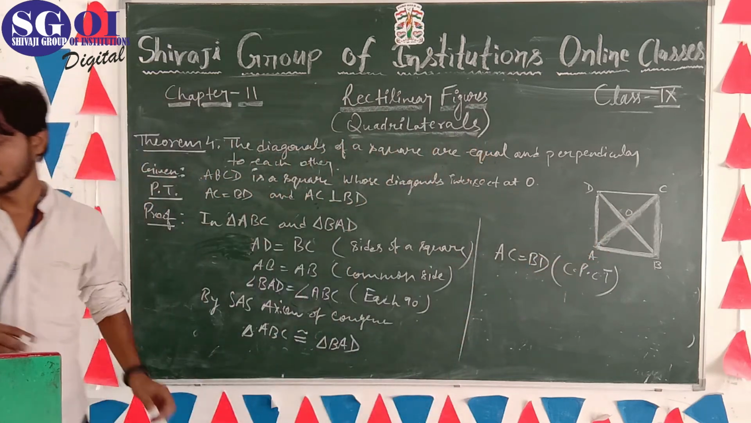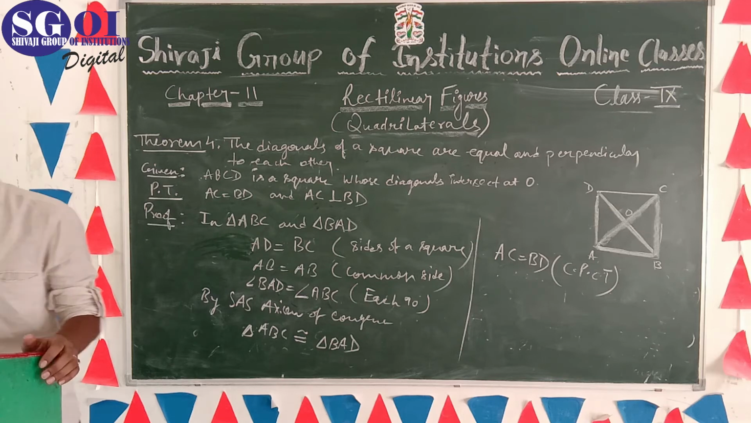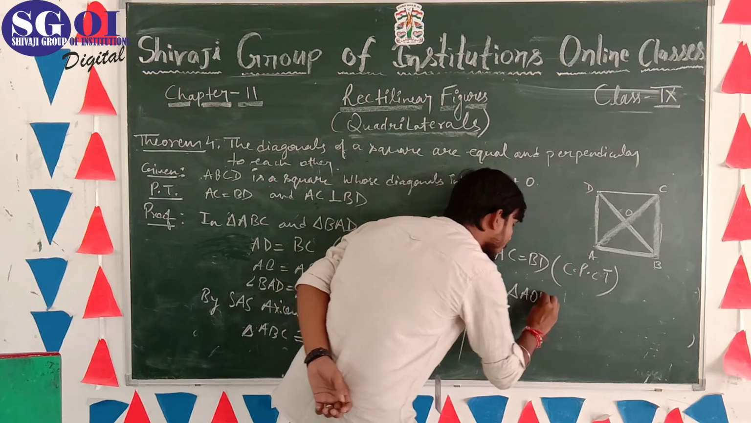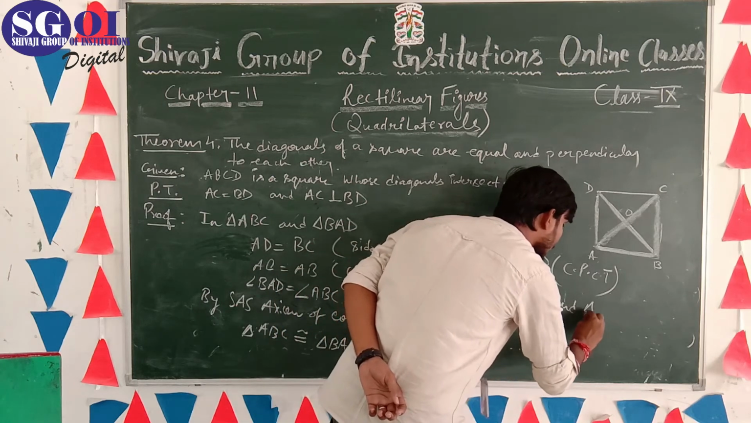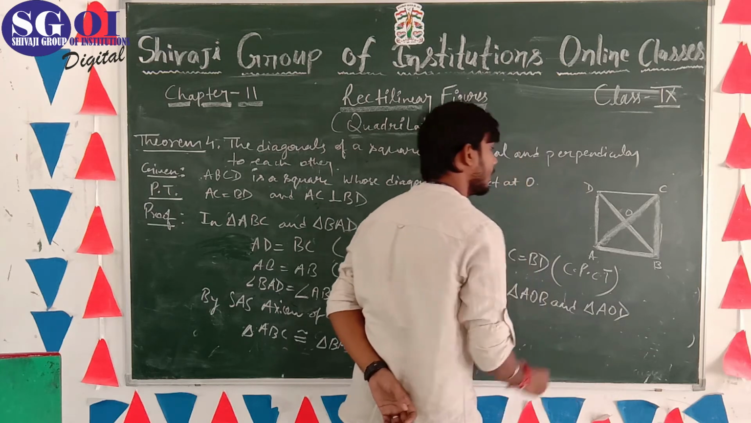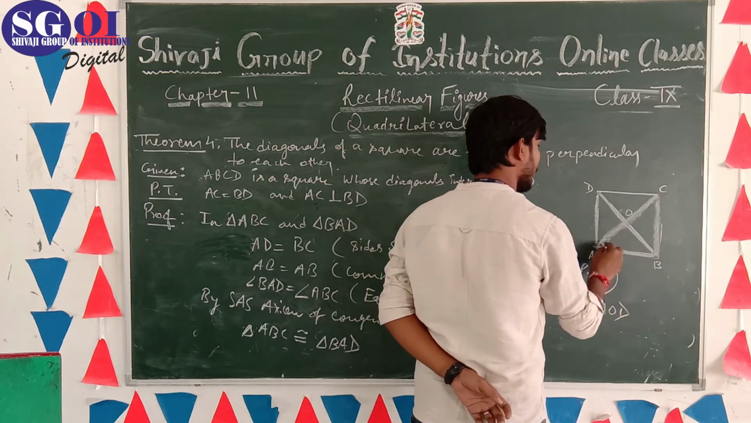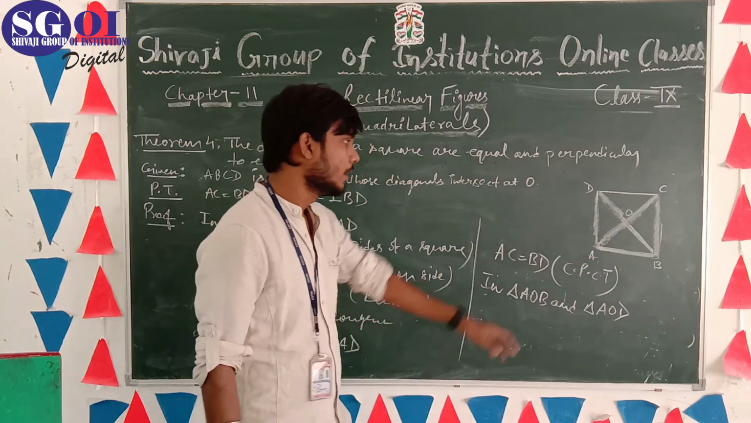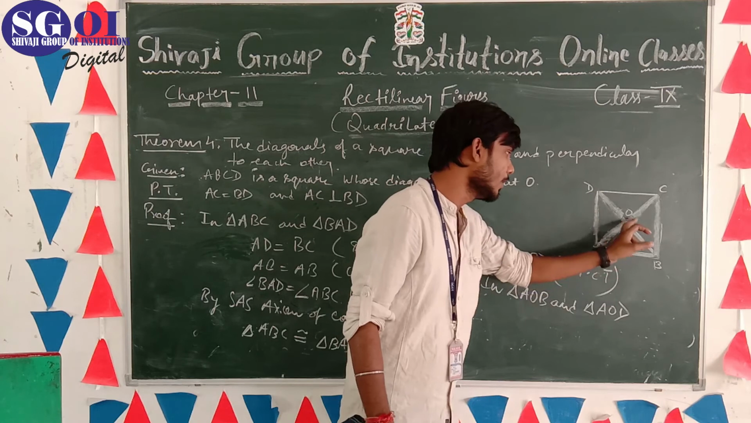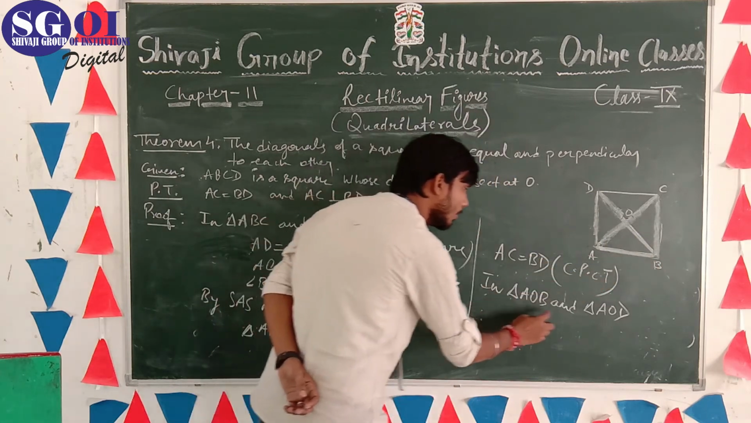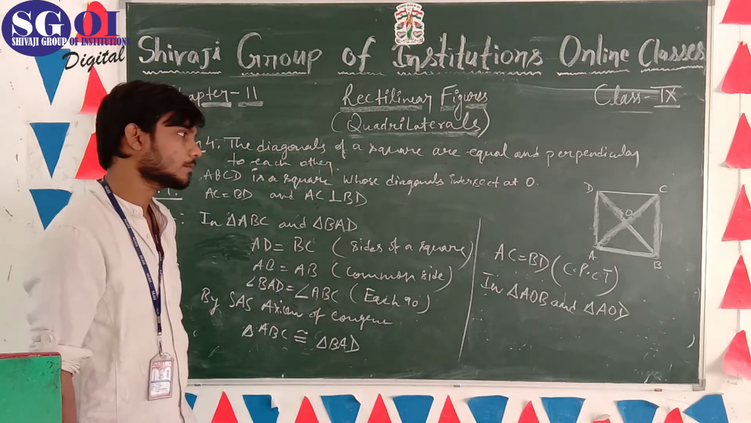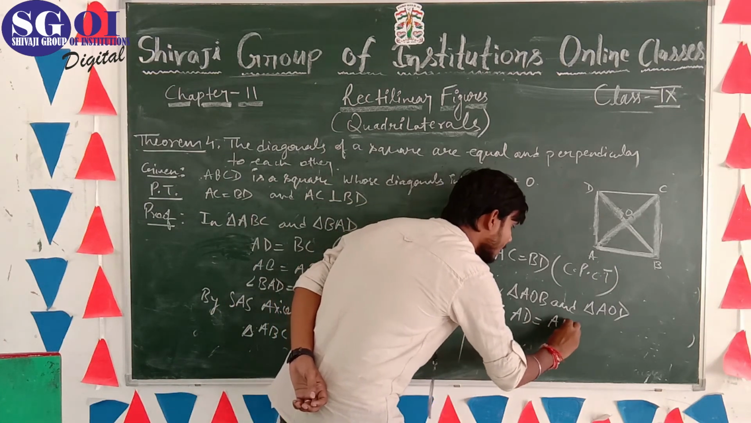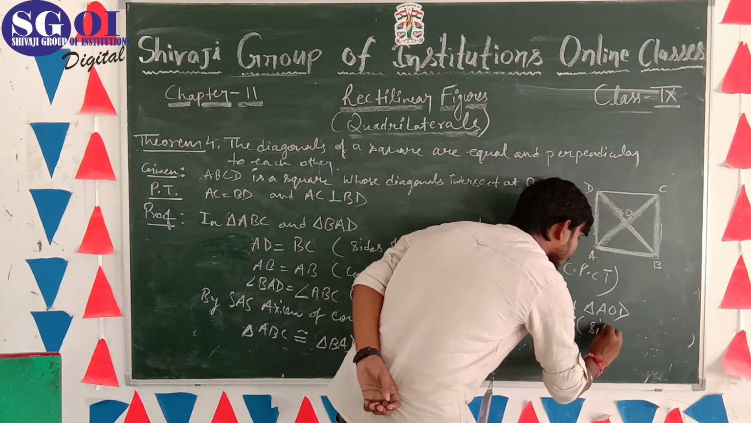So now we take other two triangles, triangle AOB and triangle AOD. In triangle AOB and triangle AOD, AOB and triangle AOD. Clear? Clear ना? Triangle AOD and triangle AOB. Now in triangle AOB and triangle AOD, AD is equal to AB, sides of a square, and